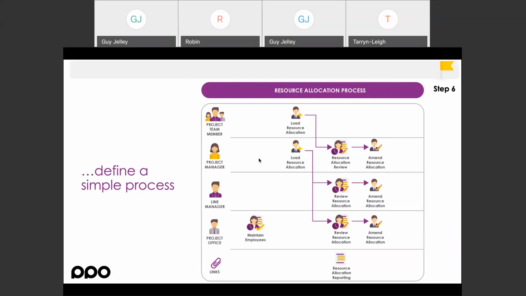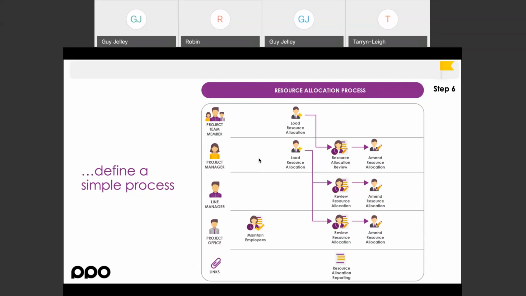Now, whether that's a big spreadsheet that you've saved on SharePoint, where people are able to download it, update it, maintain it, check it in and check it out, or whether it's a slick PPM tool, it doesn't matter what the technology or the platform is. But keeping that data set you've created as part of step number 4, the visibility, updated and accurate, is critically important. Because as and how you progress on this journey, you're able to maintain that view, and you will start